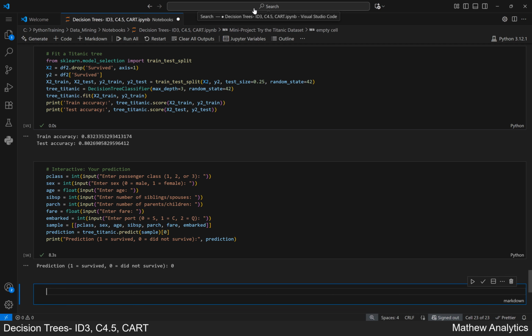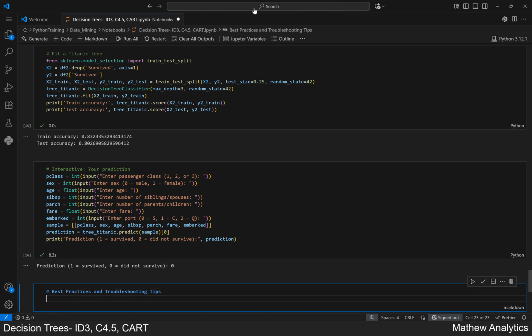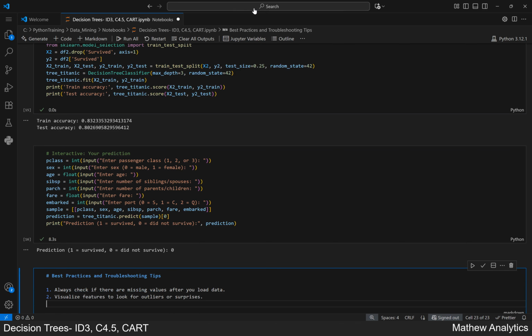Here are a few tricks to keep your results trustworthy and helpful. Best practices and troubleshooting tips. 1. Always check if there are missing values after you load data. 2. Visualize features to look for outliers or surprises. 3. Set random_state in train_test_split for stable results. 4. Try different max_depth,